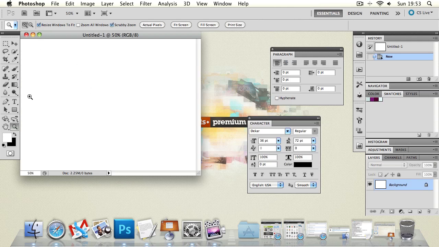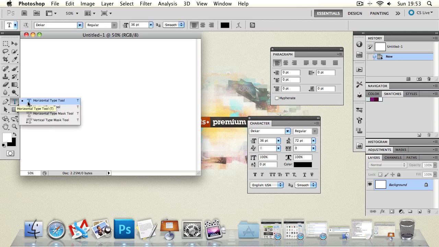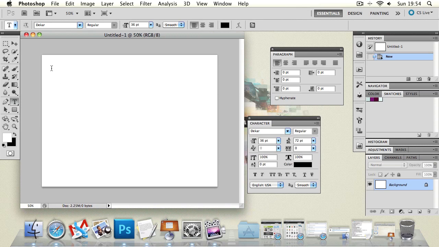So the text tool is selected by pressing T for text, and there are a couple of different ones. There's the horizontal type tool, there's the vertical type tool, and then there's the horizontal and vertical type mask tools. We're going to talk about the horizontal and vertical type tools. Now you will see when you select these tools you have the ability to change the cursor to this text cursor, and clicking onto the layer or anywhere on the document will create a text layer. Just clicking once in a single place will create a text layer that you are able to keep typing,